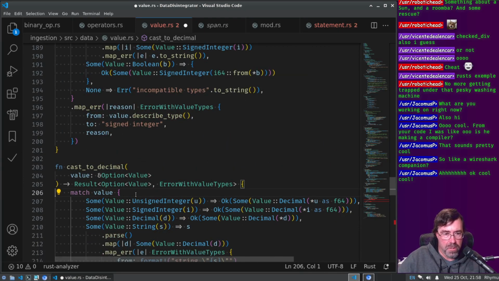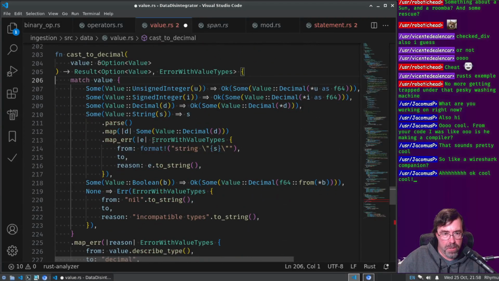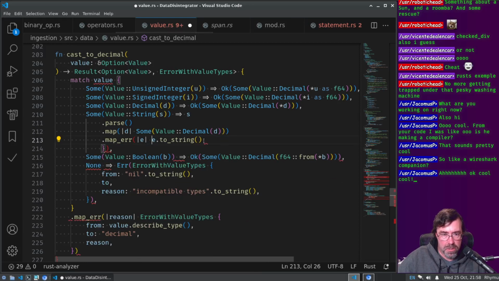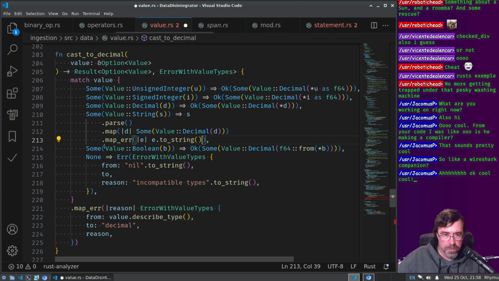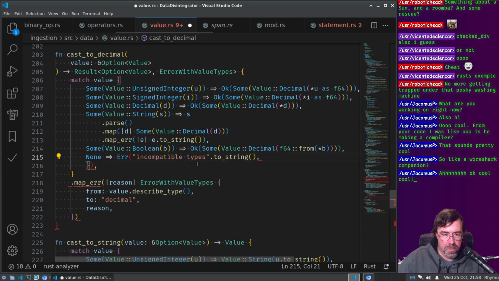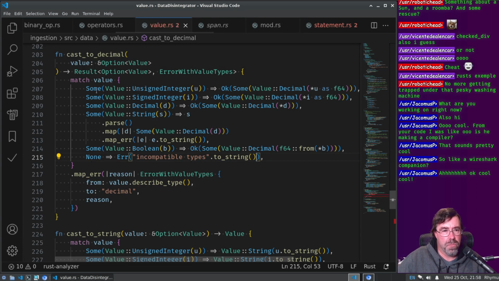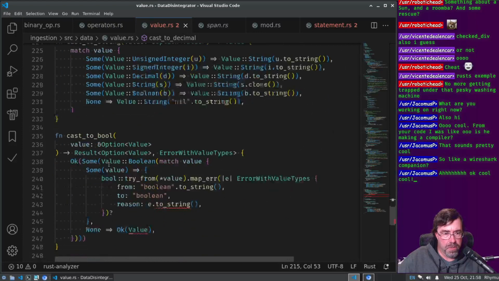Decimal. And then that's just that. Incompatible types. Okay, and then